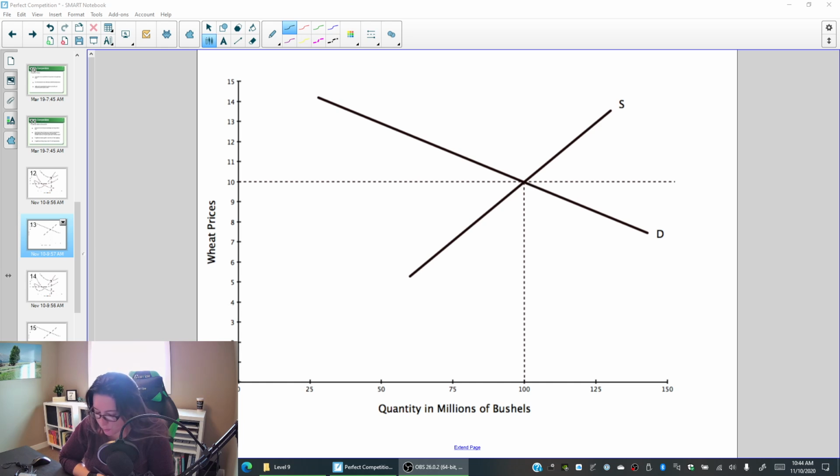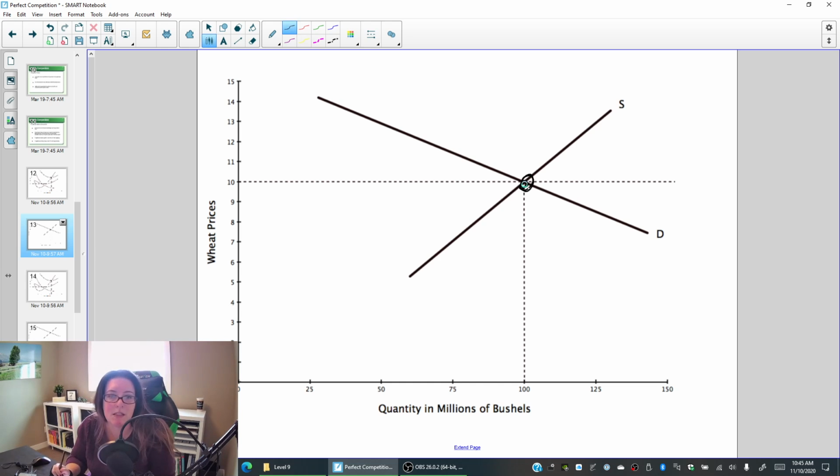And to do so, let's look at our wheat market. And we're going to assume that there's no wheat board. So we have individuals competing to buy and we have individuals competing to sell. Okay. All right. So here's the demand and supply for wheat. And that sets the market price. So we'll assume the market price here